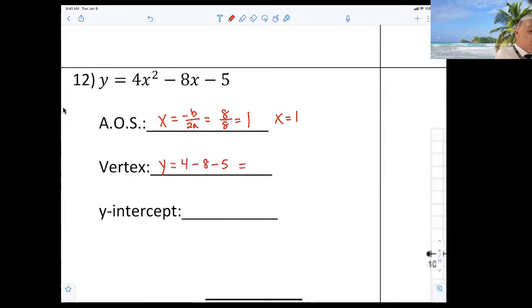So what is that? Negative what? I think negative 9. So the vertex now is 1 comma negative 9. The y-intercept